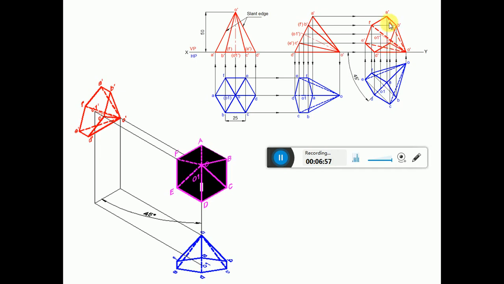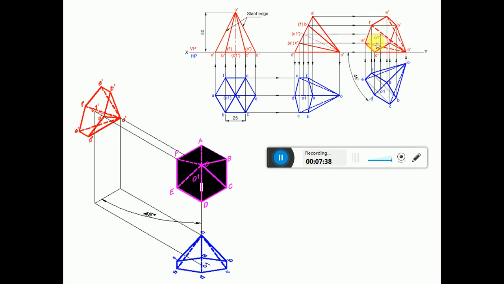So now we are left with A dash O dash, F dash O dash, and C dash O dash. From C dash, you can see there are three emanating edges. One is C dash O dash, another is C dash B dash, and the third is C dash D dash. Since C dash D dash and C dash B dash are visible, naturally C dash O dash is also visible. Now, when you consider the slant edges F dash O dash and A dash O dash, both are crossing the visible edge of B dash C dash. So obviously F dash O dash and A dash O dash are going to become invisible.